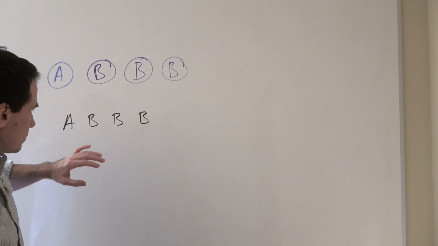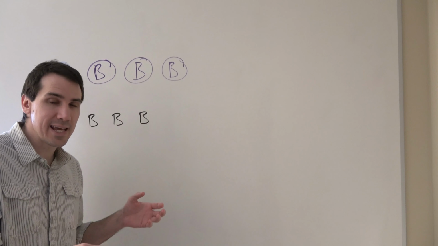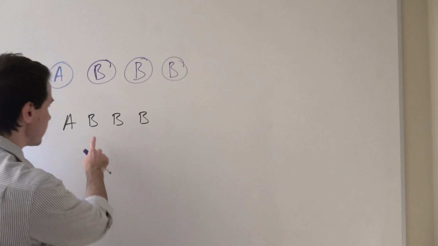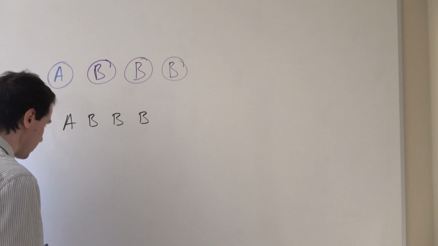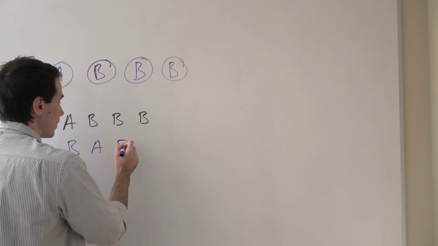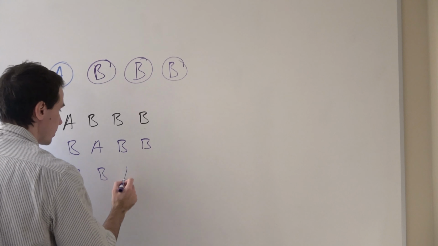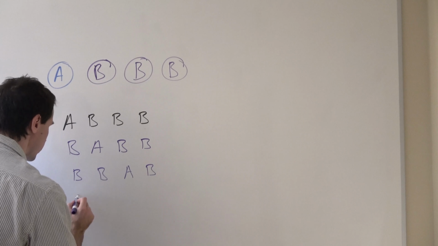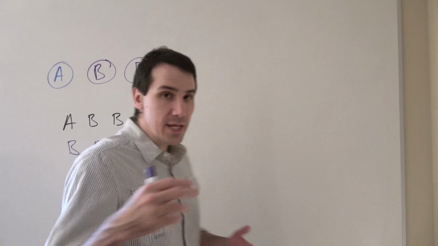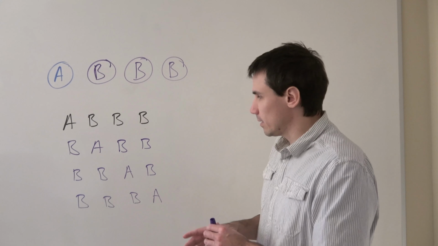So really, if I choose A first, there's only one state in which I choose A first, because I can't tell the difference between any of the B's. Likewise, I could choose A second, so I could do BA, BB, or I could choose A third, or I could choose A last. These 4 states I can tell the difference between,